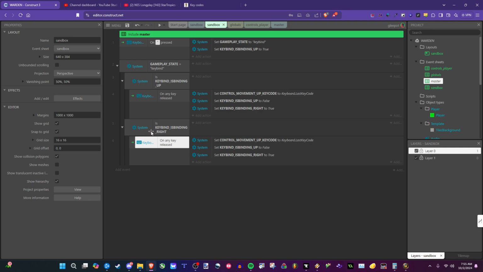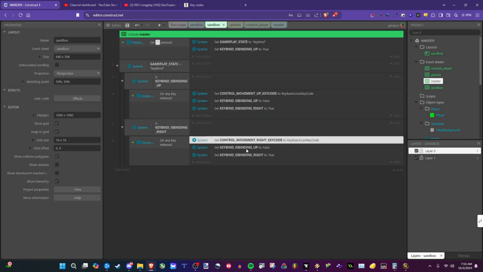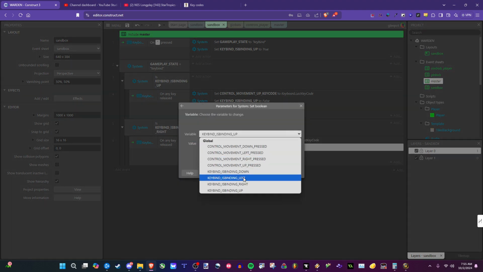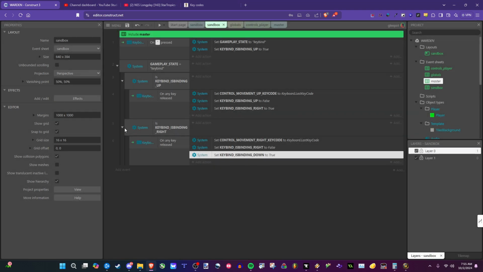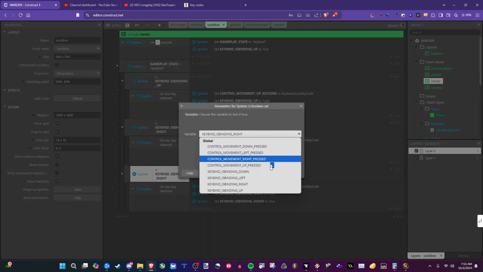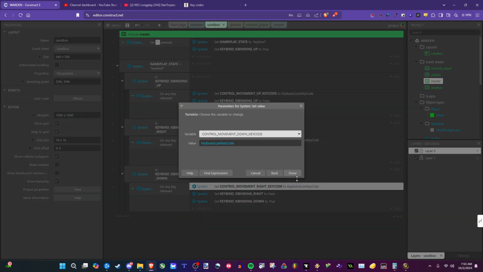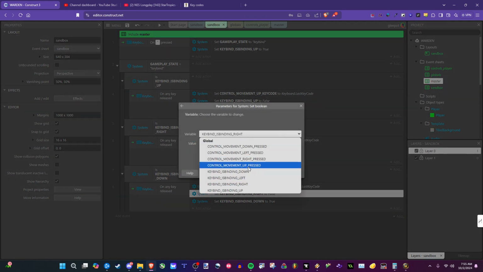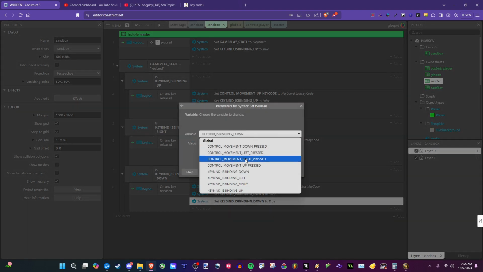So we'll just do a release instead. So this is the right key code, and then we set right to false, and then we set down to true. Change this to down, down, then we're down, down is done, now we want left,